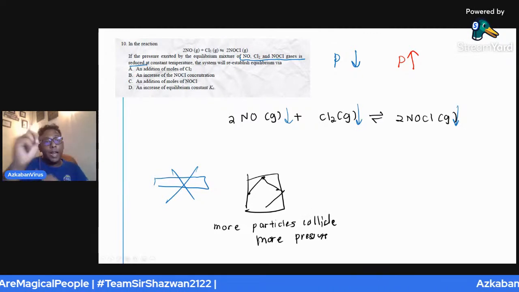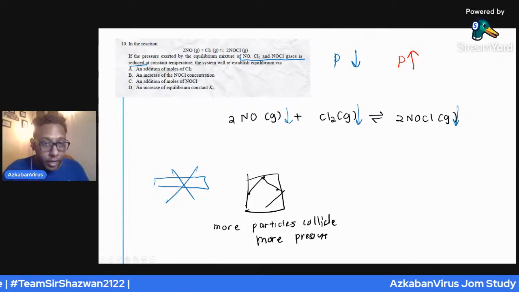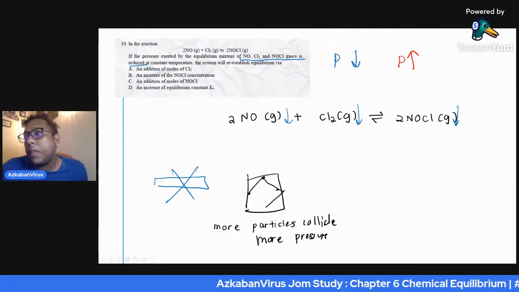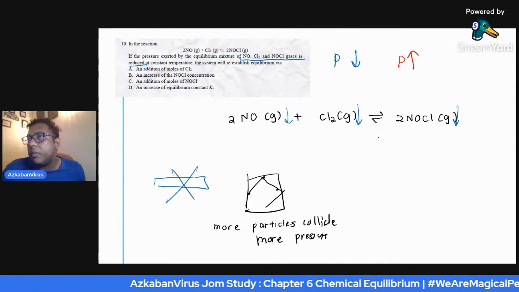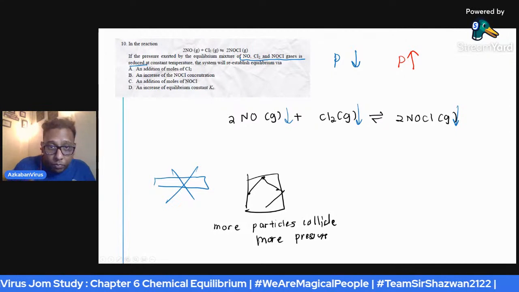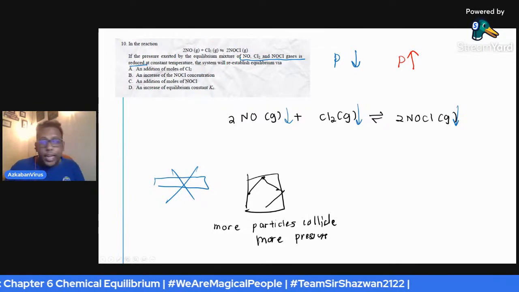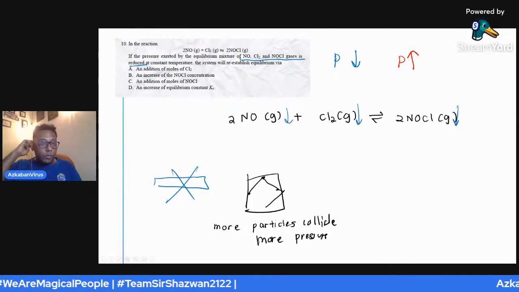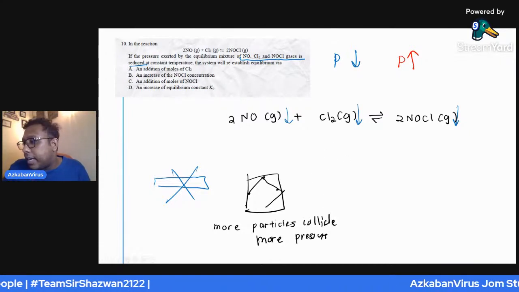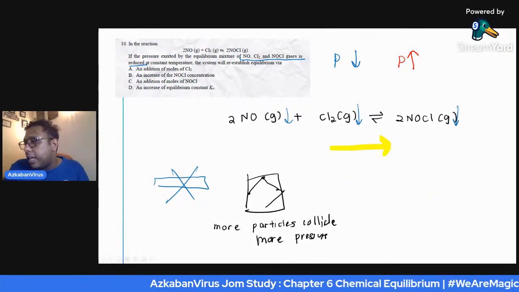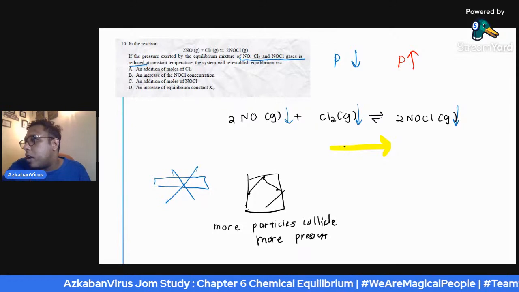Lebih banyak partikel berlanggar dengan dinding, lagi tinggi pressure dia. So, what happen here is, bila dia berlanggar-langgar ni semua, sistem sekarang nak tingkatkan pressure. Cara dia nak tingkatkan adalah sama ada shift to the left ataupun shift to the right. Okay, kalau dia pergi ke kanan,